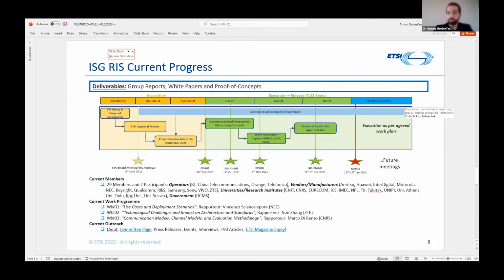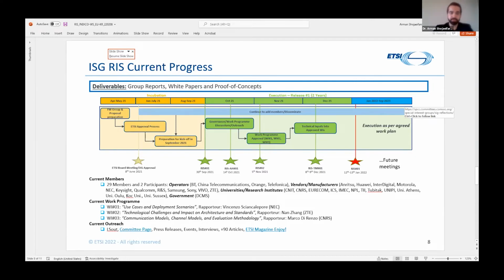We have continued to attract new members and participants to the group, and we are currently more than 30 members in the group. Importantly, a number of key operators, vendors, and manufacturers, but also very importantly, universities and research institutes that are part of the work of ISG-RIS.